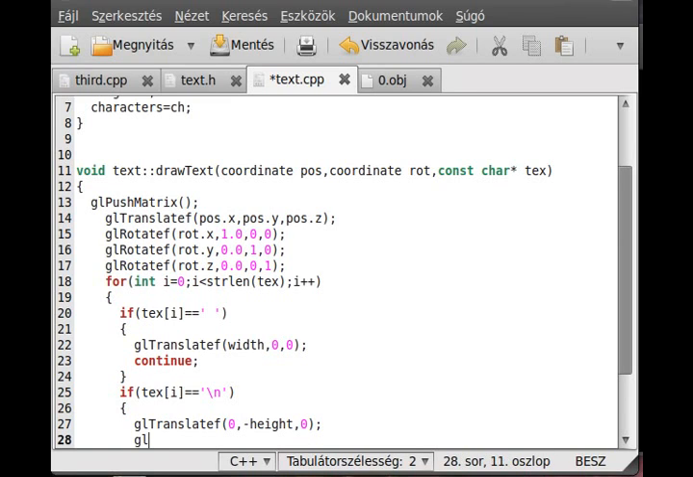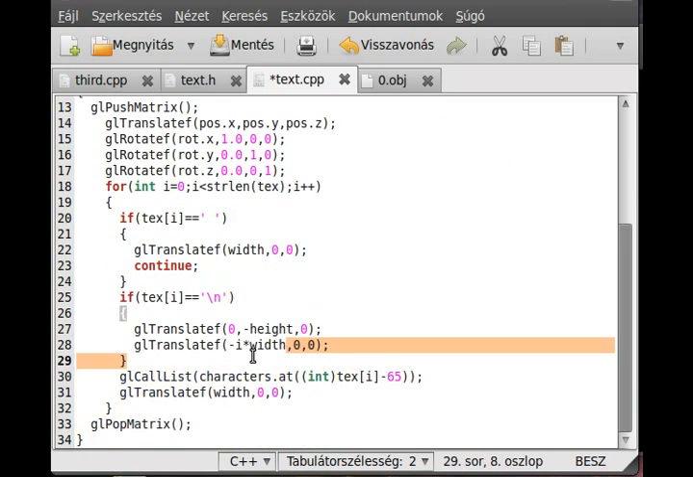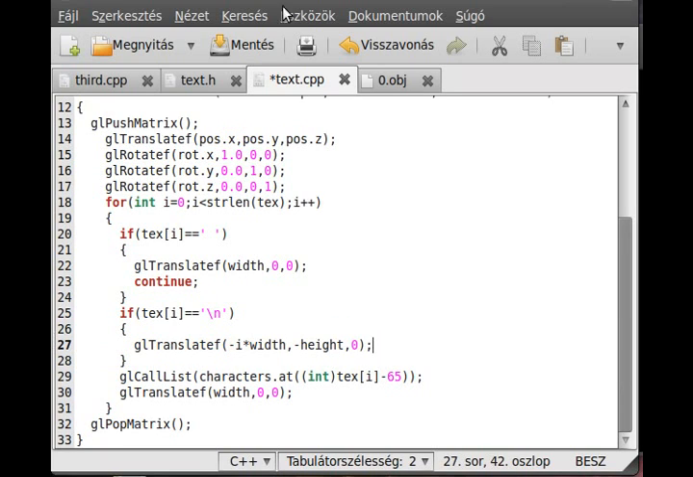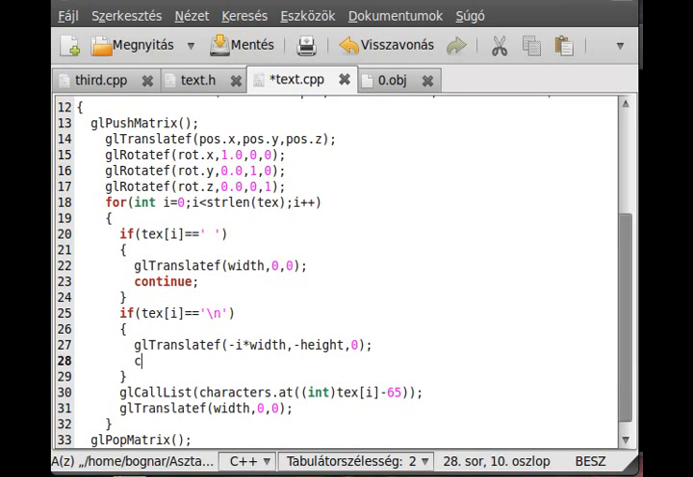I do that by using glTranslatef, and I use i times width, and again this will be negative because I want to go back to the beginning of the line, and the others are just 0. Actually, you know what, I could write it in one line, so I just cut this and paste it there, so now it is one line, and I use the continue in here too. Ooh, that's right. So this, oh no, bad, not good. Okay, I need to create a new variable, so this will be